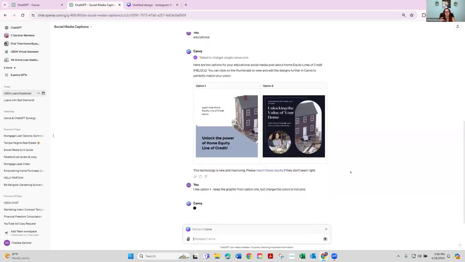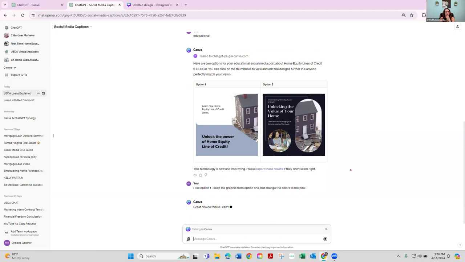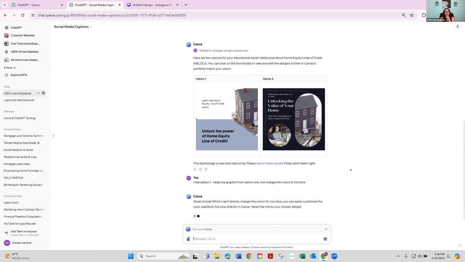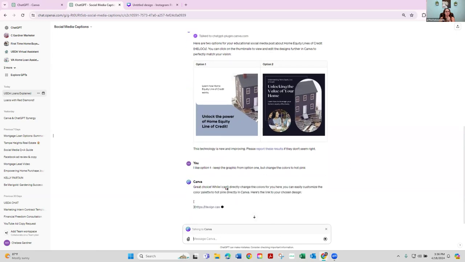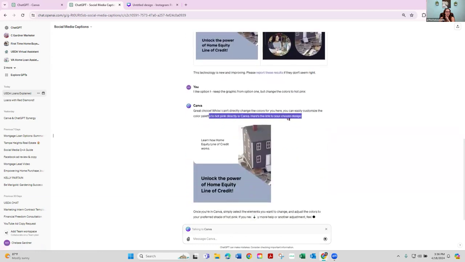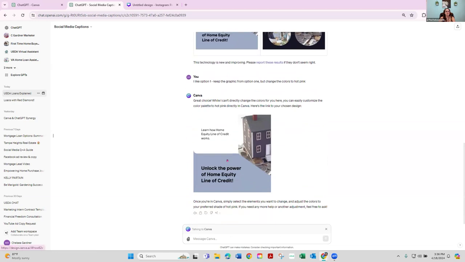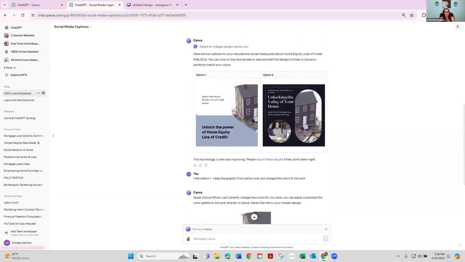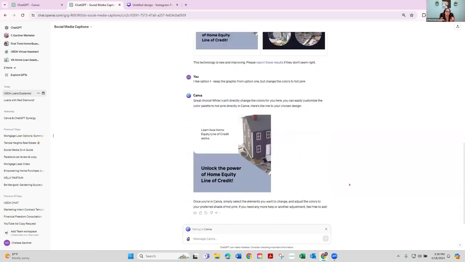Okay, so let me prompt it and let me show you what it does. Oh, yeah. So see how it says you can easily adjust the color palette in Canva. So sometimes you're able to tell it, hey, my colors are hot pink and orange. Can you create graphics that are hot pink and orange? But if you want to change something specifically, you'll have to do it in your Canva account.